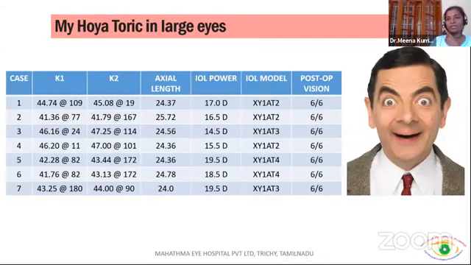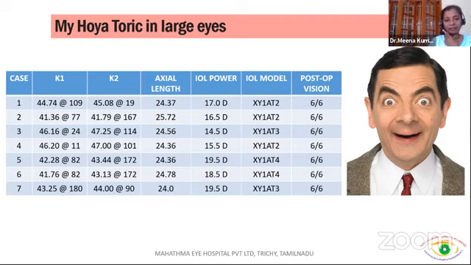And then once the posterior corneal astigmatism, the low toric model, and the rotational stability are all well understood and the concern addressed, the next concern is what will happen in large eyes. With large eyes, with the high axial length and large capsular bags, is it going to rotate in the post-operative period? After a year, is the patient going to come back with some reduced quality of the image and all that?